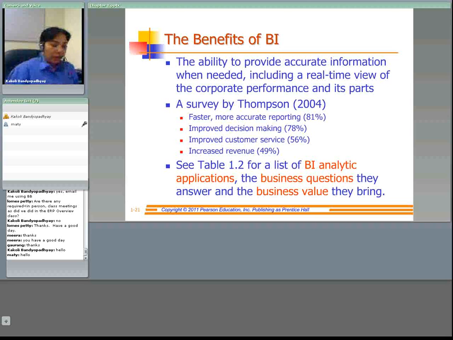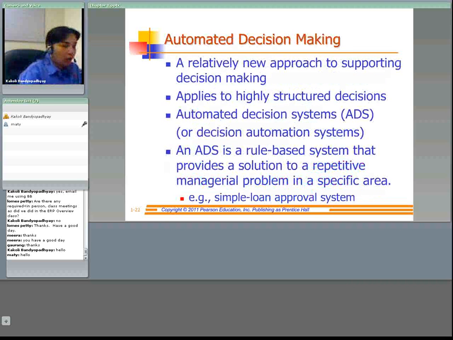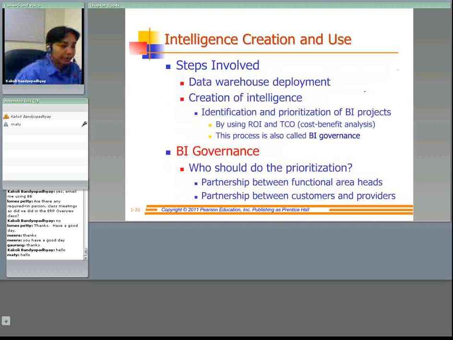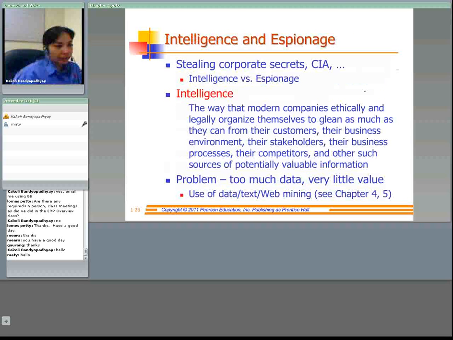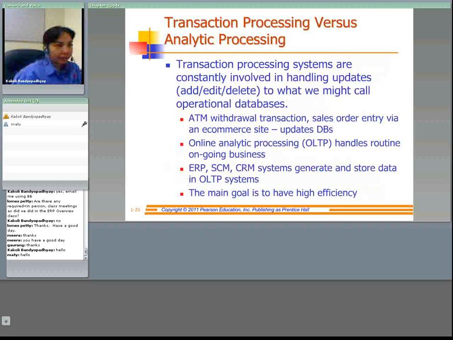Now I will cover something very important, which is called online transaction processing versus online analytical processing. Online transaction processing is called OLTP, and online analytical processing is called OLAP. Now, OLTP,